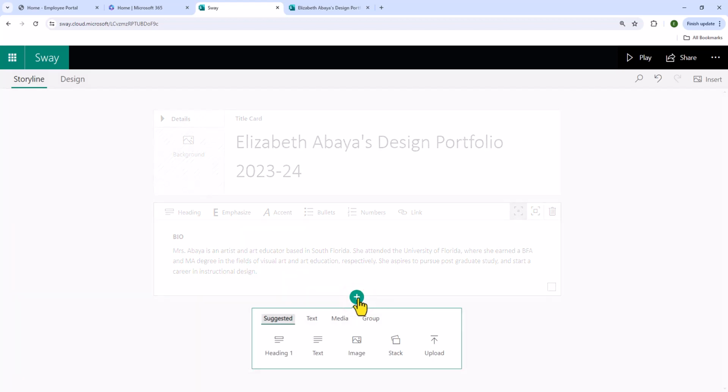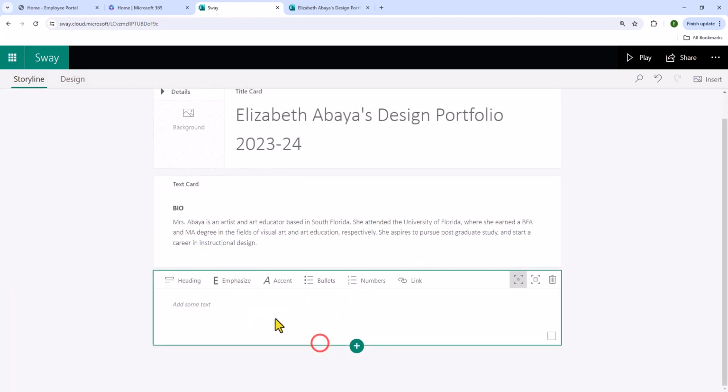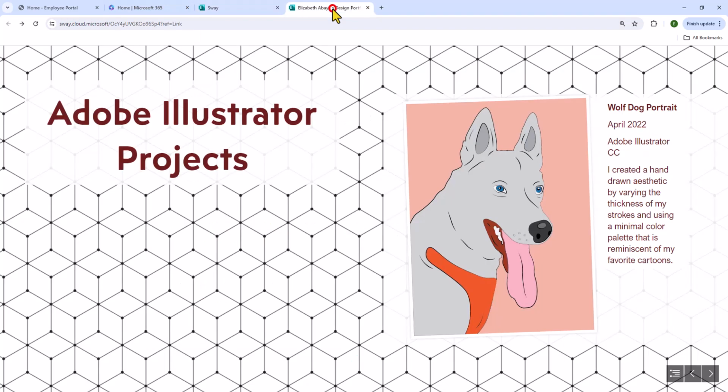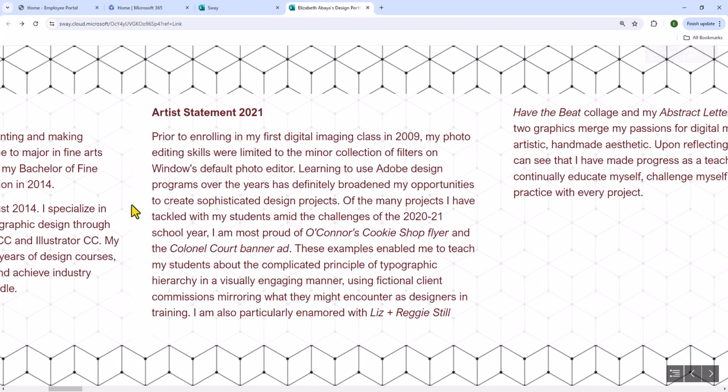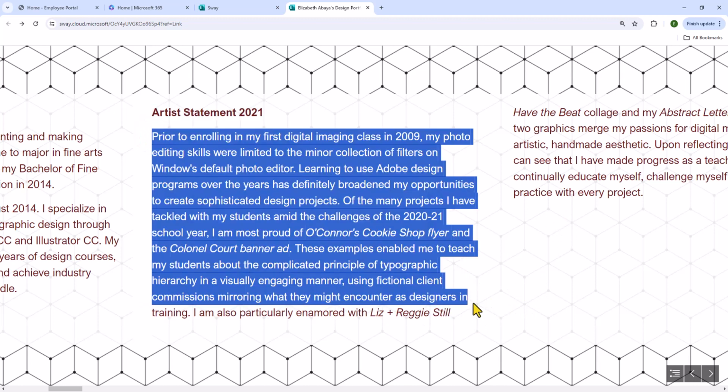We're going to click the plus sign again. We're going to click on text, and this one is going to be the artist statement. You guys are going to respond to the questions that I put in Schoology for your artist statement. For the moment, because I do not have an updated artist statement, I'm going to copy and paste my previous artist statement. And then later, I can go on and